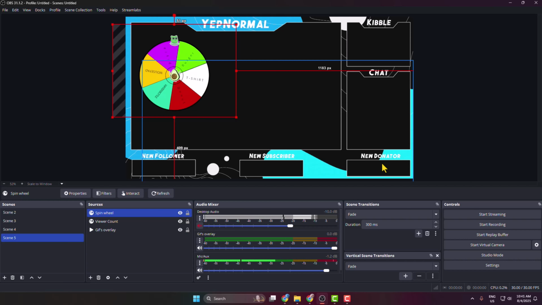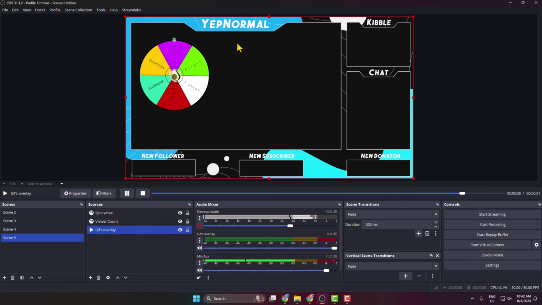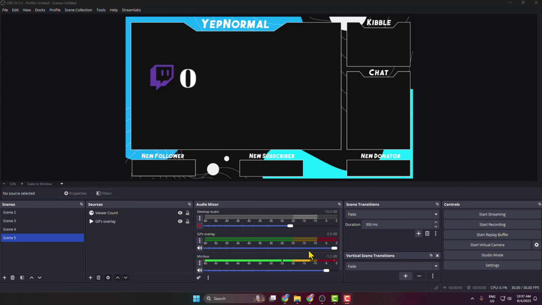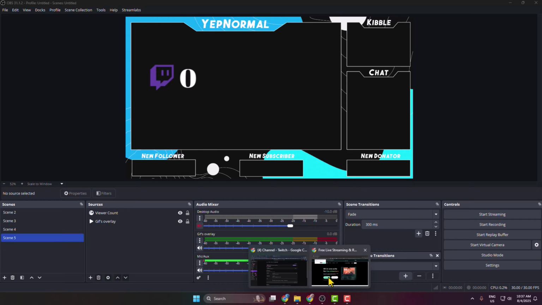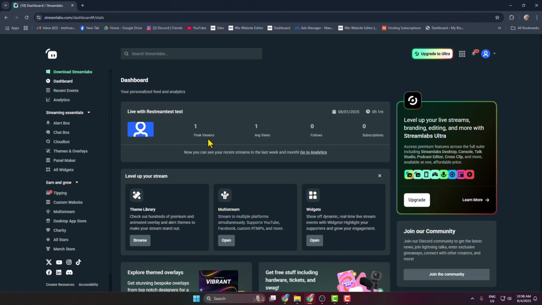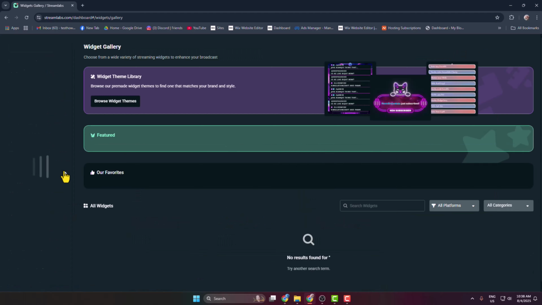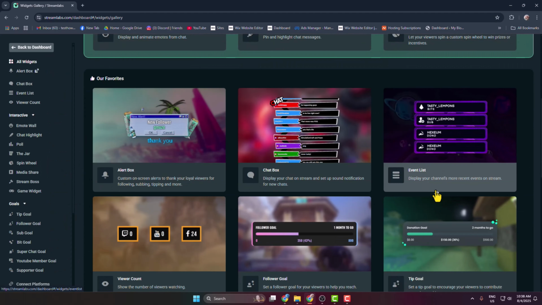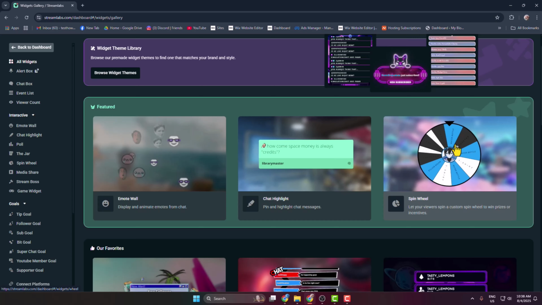So here in this tutorial, I'll show you how to add a wheel spin option in OBS for live stream. So first of all, you have to go to the streamlabs.com website and sign into your account. Now in this left hand menu, select all widgets, and here scroll down and find this spin wheel widget,